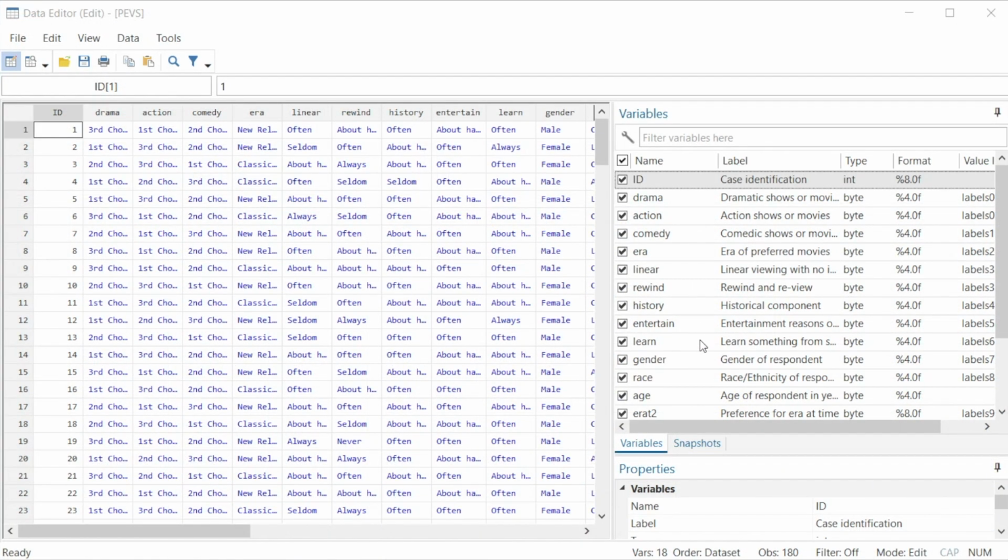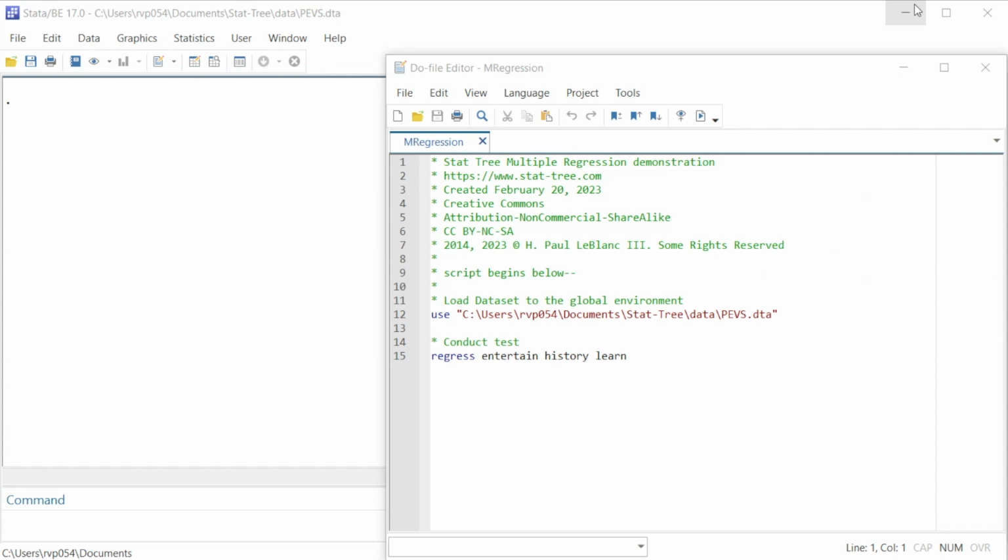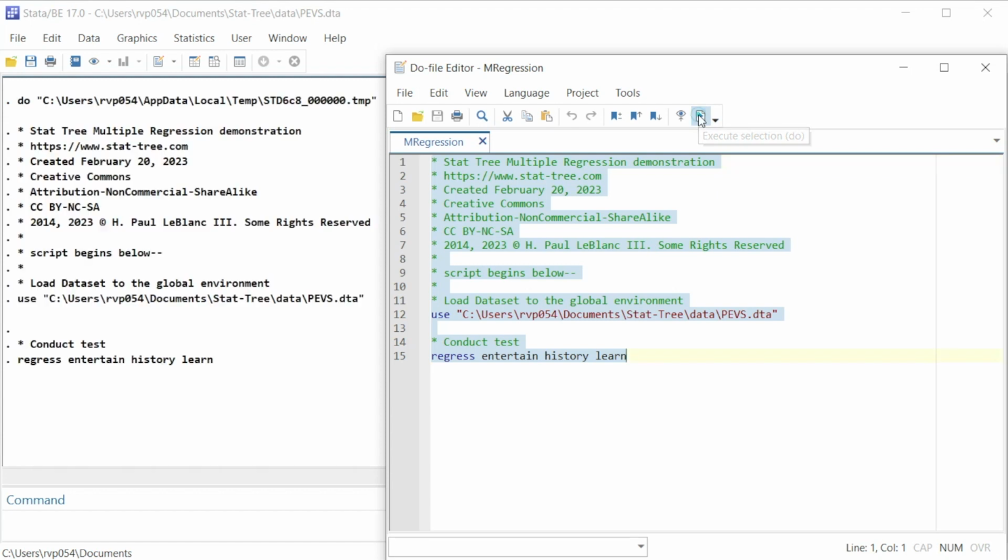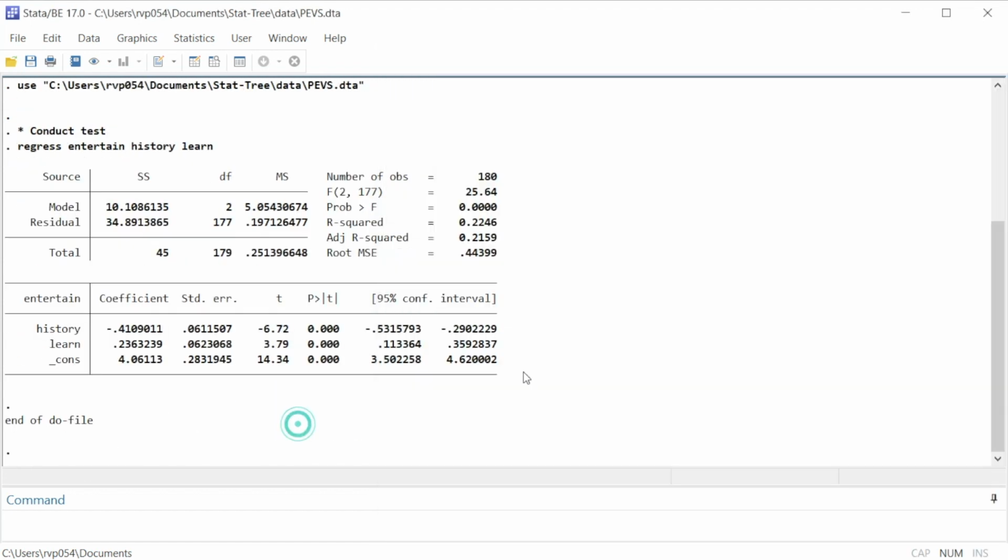To run the multiple regression test for causal inference, type in the following code in the command box. This code can be copied from the new browser window when you press the script button on the sending page from the StatTree module. Select the code. Press the Enter button on your keyboard. Stata will generate an output in the results window.